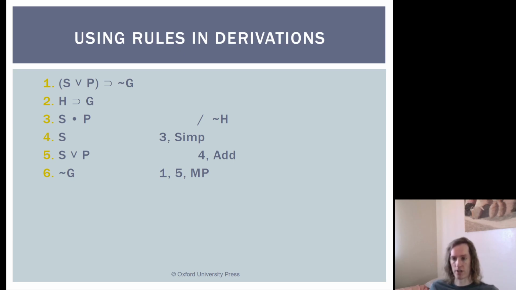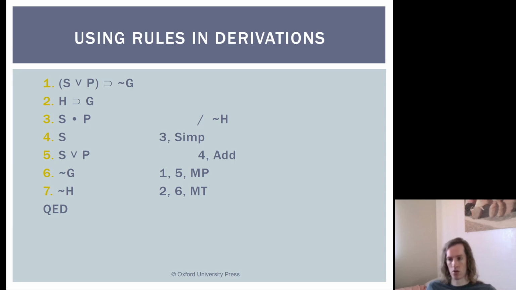So here we're able to get not G from lines 1 and 5, where line 5 contains the antecedent of the conditional in line 1. So because we have not G, now we're able to get to not H. If we apply modus tollens to lines 2 and 6, so we have not G in line 6,